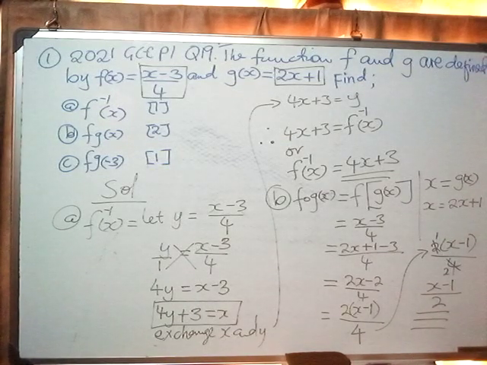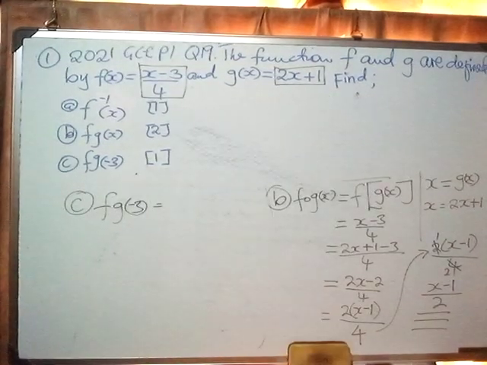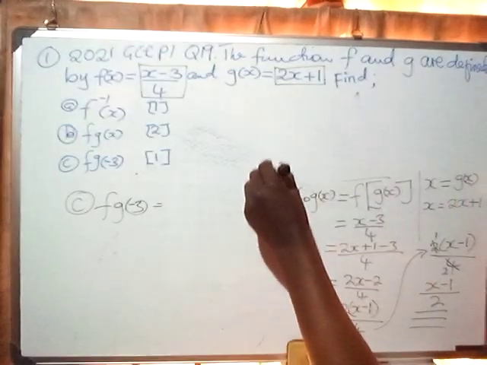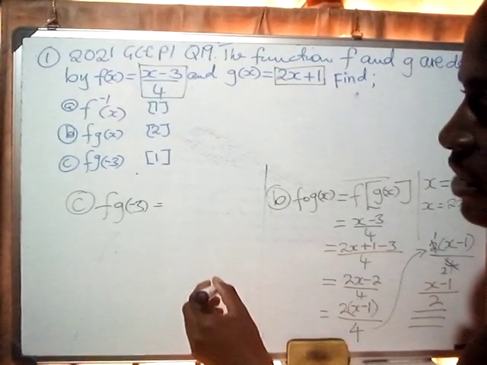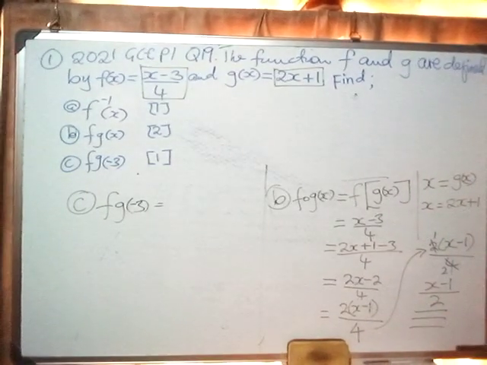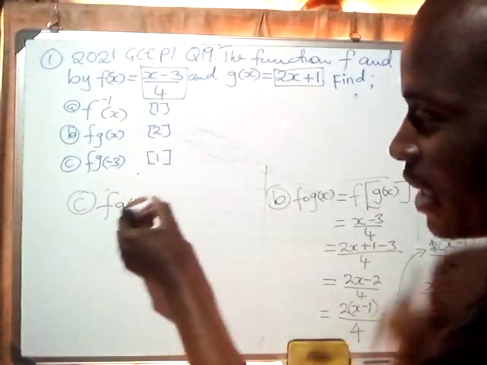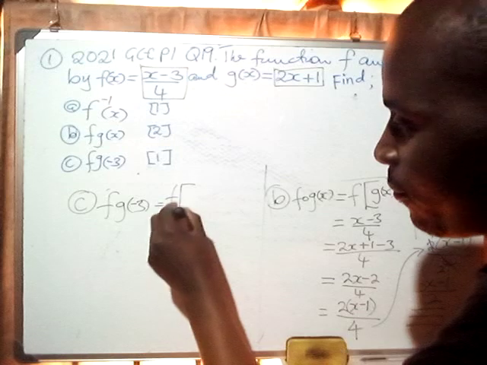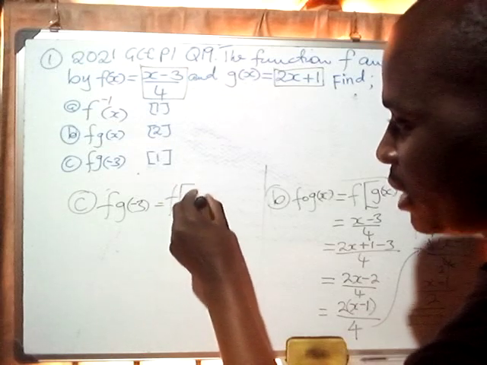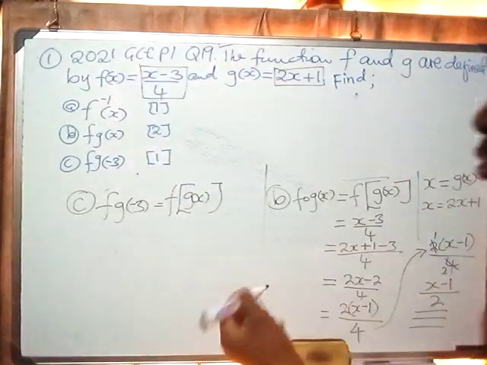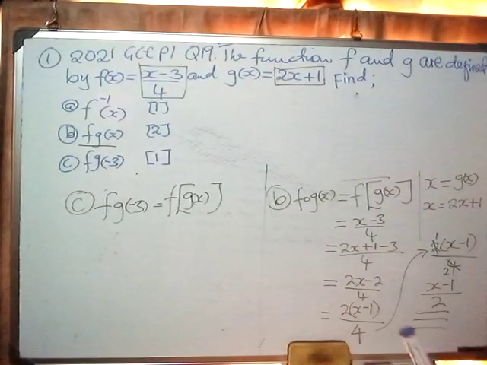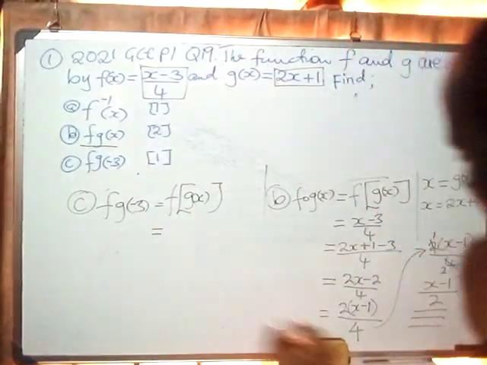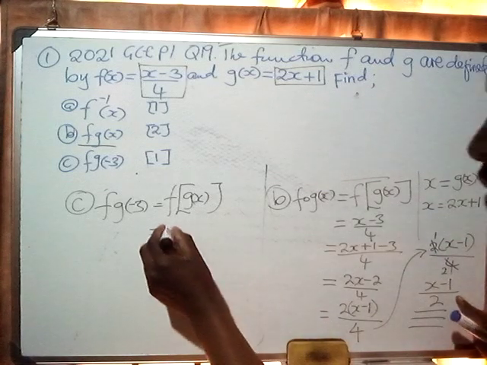Let us go to question number C. Question number C, f of g of negative 3. So what is f of g? We have to find the f of g first. F of g is f open bracket g of x. Now, we don't need to find this again because we found it already on question number B. So just a matter of continuing, since we got this answer, we are going to write it as